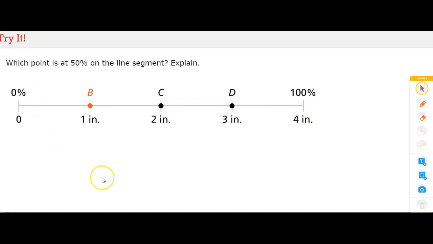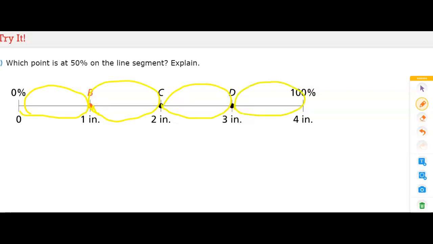Which point is at 50% on the line segment? Explain. We have a line segment from 0 to 4 inches and 0% to 100%. It asks the question of 50% of this number line. So first, let's identify how many parts of this number line we have here. From 0 to 1 inch is 1, from 1 inch to 2 inches is 2, from 2 to 3 is 3, and then 3 to 4 is 4. So we have 4 parts